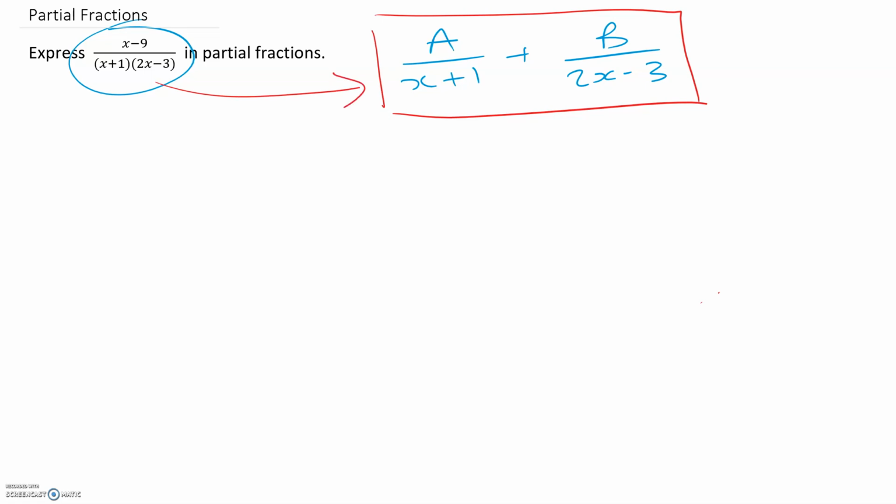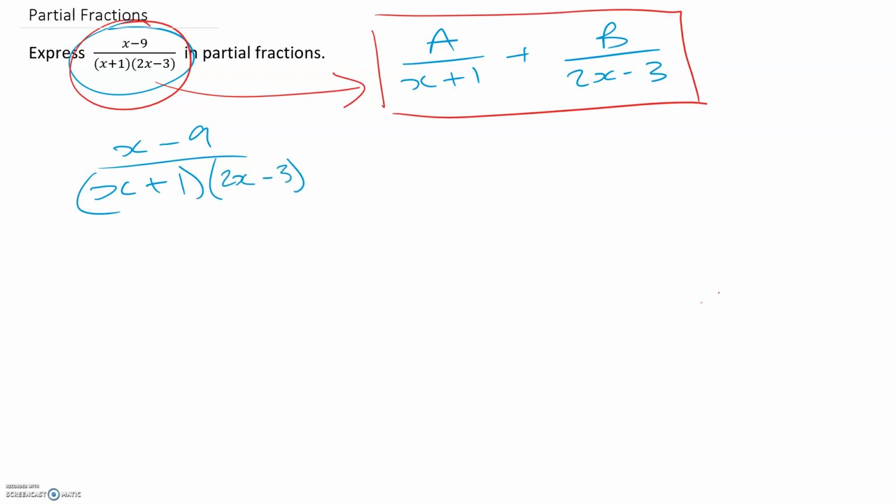And the reason for doing this is because it makes it easier to integrate and differentiate the fraction we've got in the question. So how do we find what a and b are? That's what you have to do in this question, really. And there's lots of different ways to do that. If we just write the question out again, but we put it equal to what's in the box there. So we've got